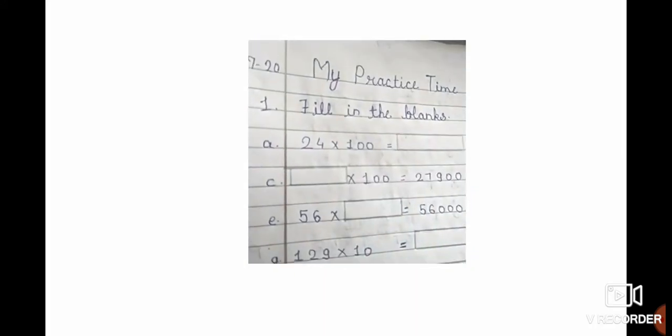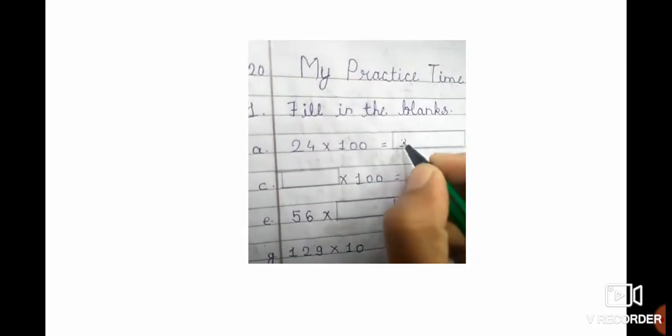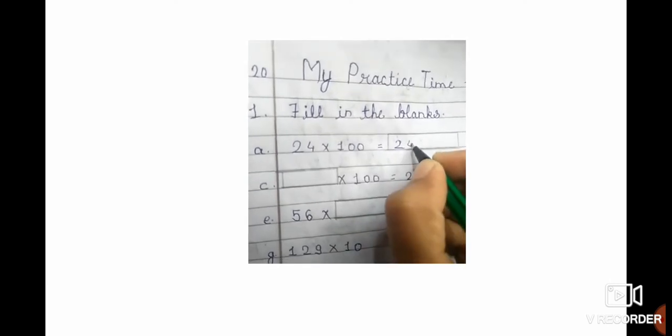So now just now only students we have seen in video that when we multiply any number by 100, at that time what we have to do, first of all we have to write the number as it is. Okay, so I am going to write the number as it is, and now after that what we are going to do, students, there are 2 zeros in 100, so we have to give 2 zeros after the number. So 2400. The first answer is 2400.